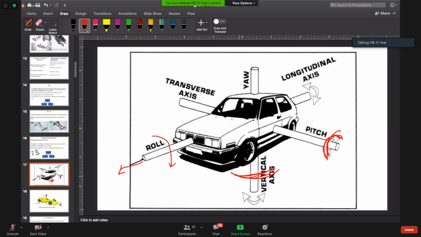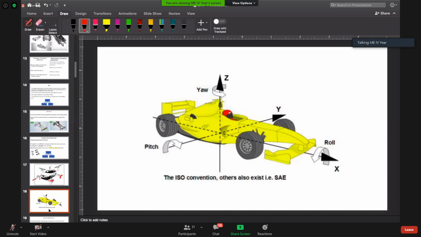All these things are very important when the speed of the vehicle is very high, specifically in the case of Formula One racing cars. For any vehicle, you have to consider all these three motions. Here once again it is shown with arrows: rolling, yaw motion, and pitching motion, about the X, Y, and Z axes. So now it is clear to you what is rolling, pitching, and yaw.